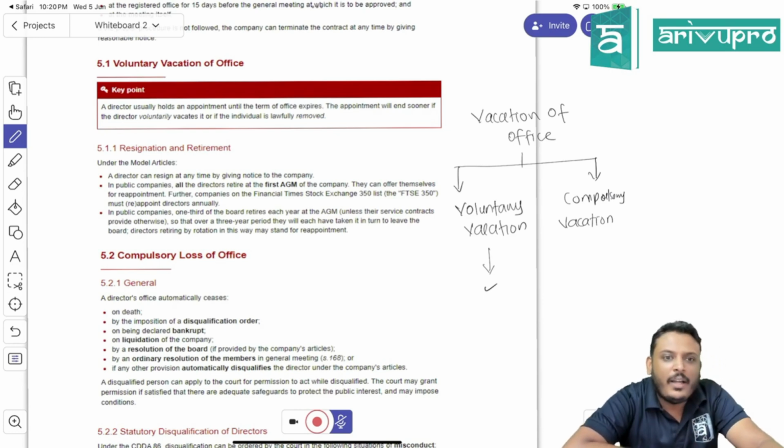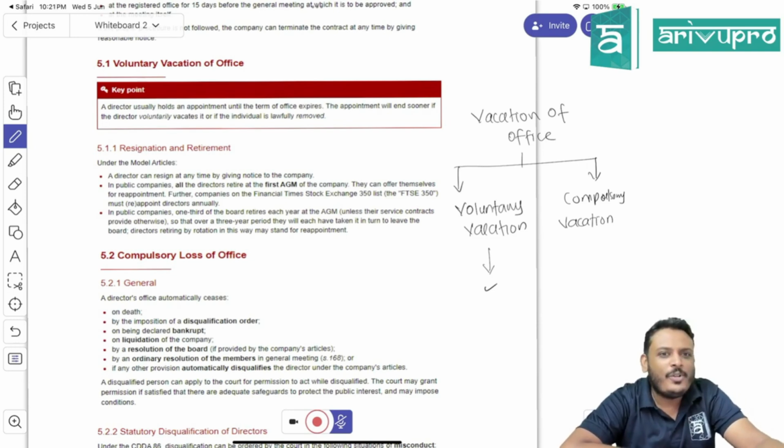That is a voluntary vacation. Or if you want to resign, you can resign at any time. That is also voluntary vacation only.